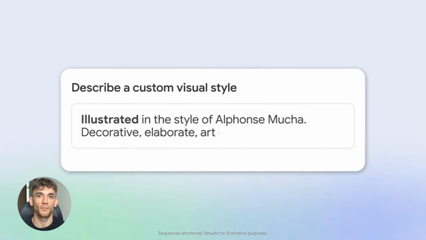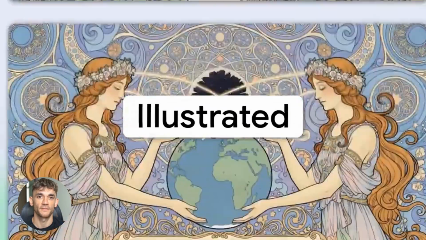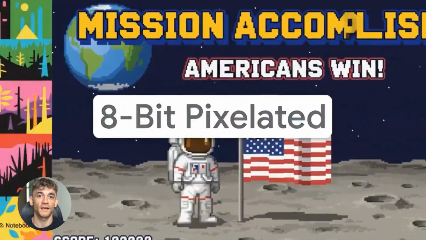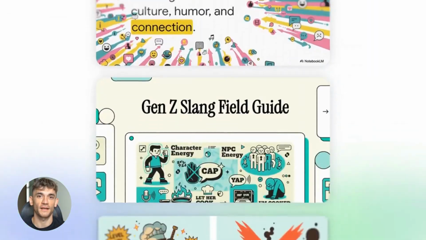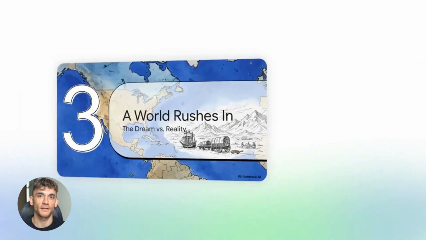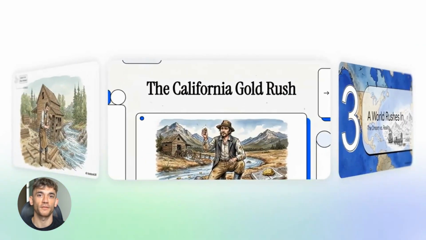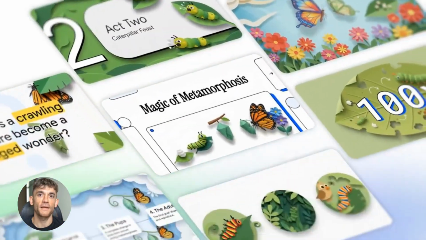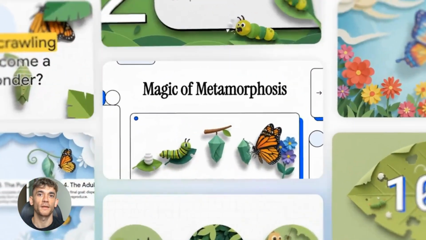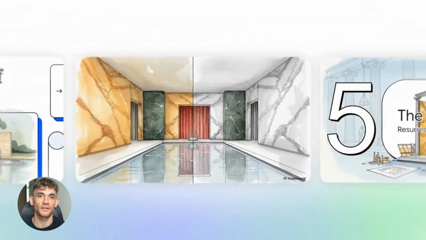New NotebookLM upgrades are insane. Today, I'm going to show you the new NotebookLM upgrades that just dropped, and they are insane. This is huge. This is brand new, and most people have no idea this even exists yet. Stick around because by the end of this video, you're going to know exactly how to use every single one